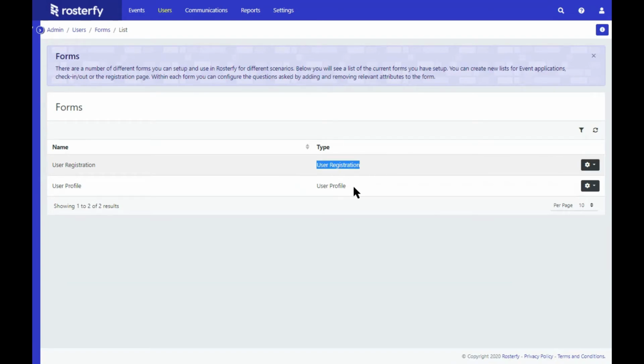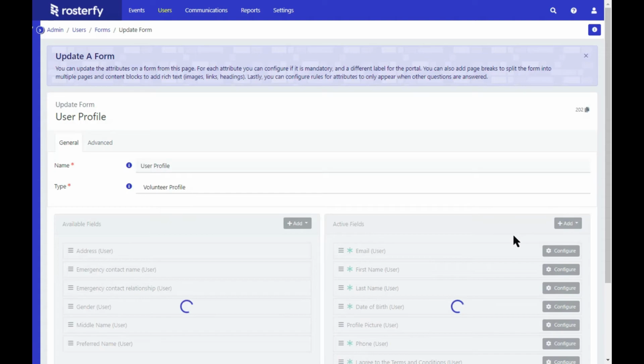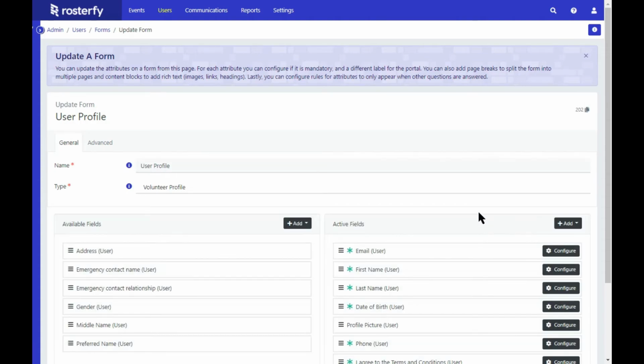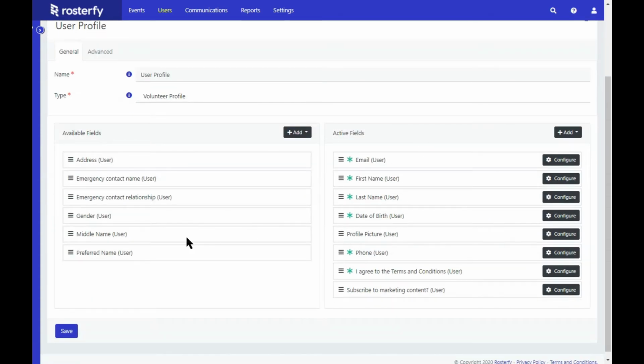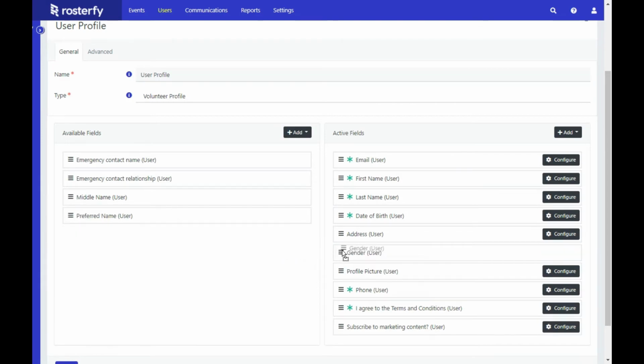Now that we've completed our registration to collect information, I can close that, and then I'm going to go into my profile. So the user registration collects information, the user profile displays that information that's been collected. If I go in settings and update, now I can set the order to which each of the attributes are going to apply by clicking and dragging them across again.